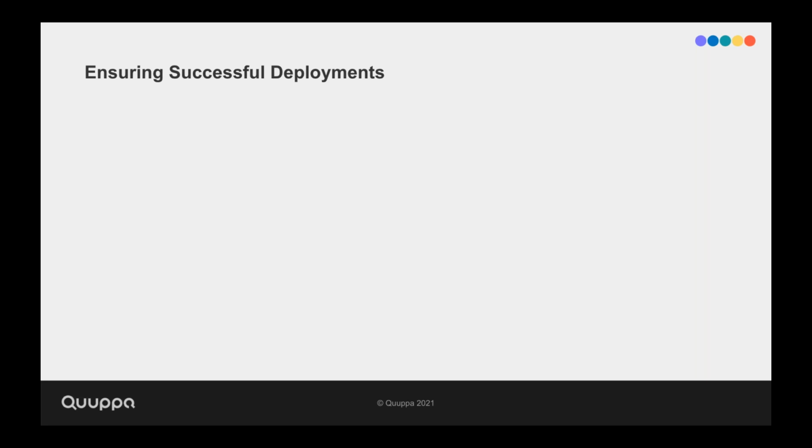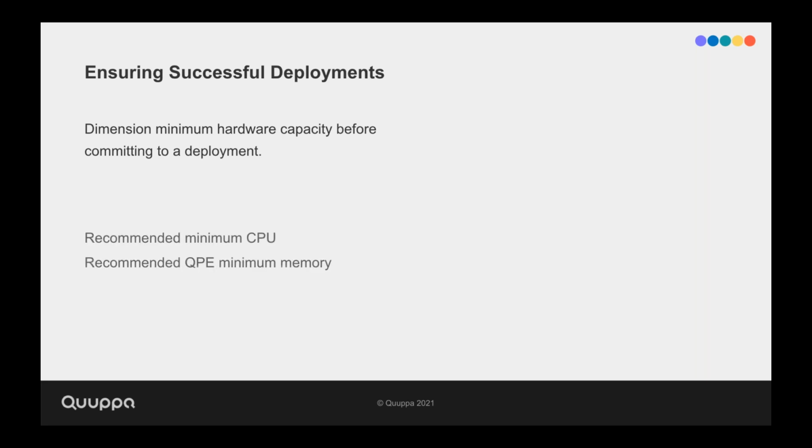So in order to ensure more successful deployments from our partners and customers, we've started an initiative called QPE in a Box to help ensure that the deployments that you have are more successful than they have been before. Naturally, as your business scales, you're deploying larger scale projects, you'll need to ensure that your hardware actually meets the requirements for running that deployment.